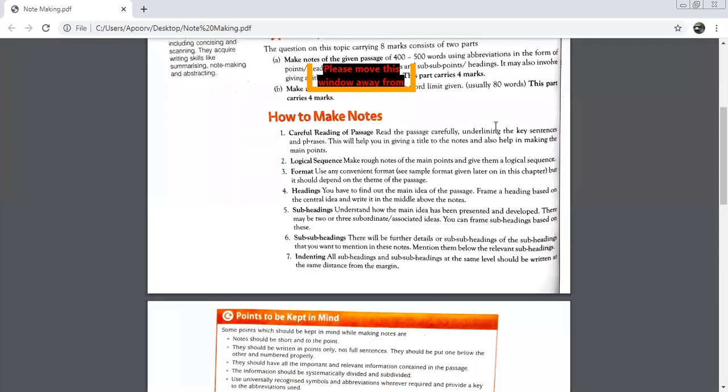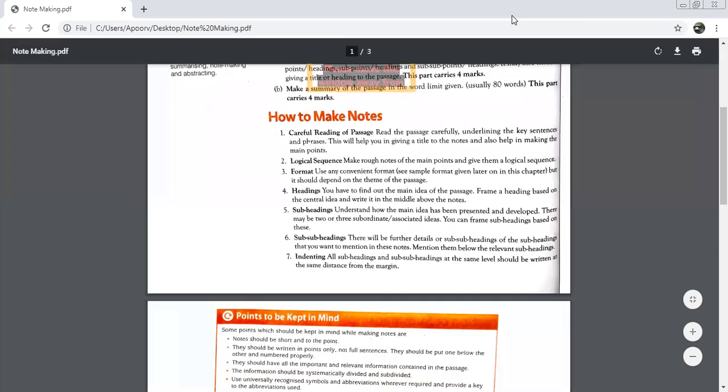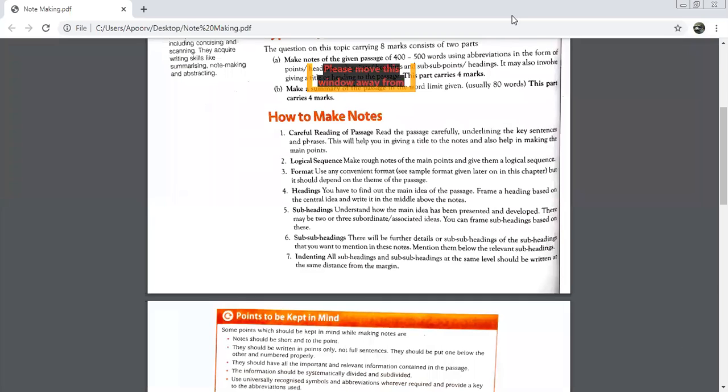I think abbreviations are clear to everyone. Indenting is clear? Yes, ma'am. Indenting is clear. How to select central idea is clear. How to give a title, it is clear. We'll take up more examples gradually, and then we'll discuss how do we go ahead and do the note making. Before we start note making, we'll discuss more, beta, more of